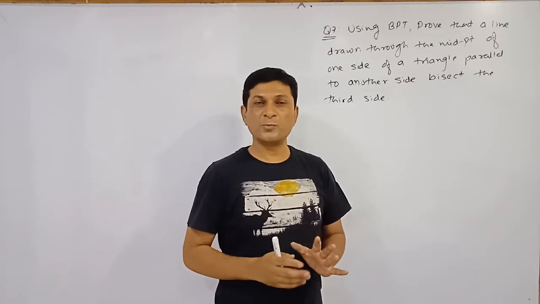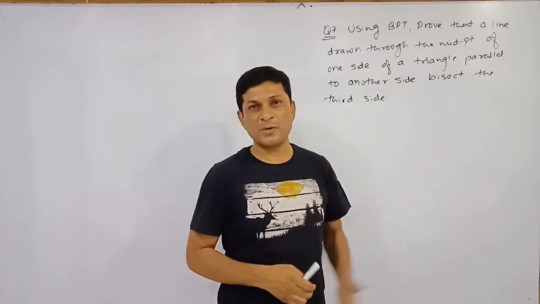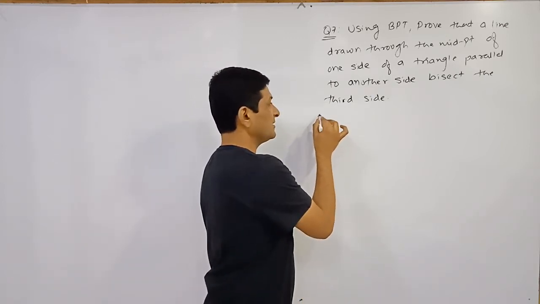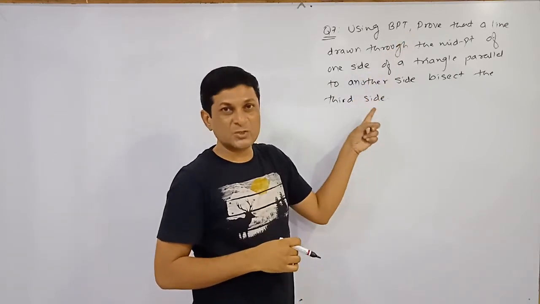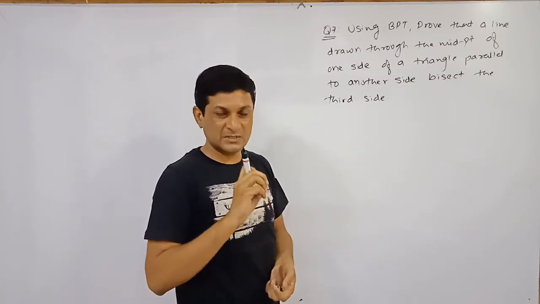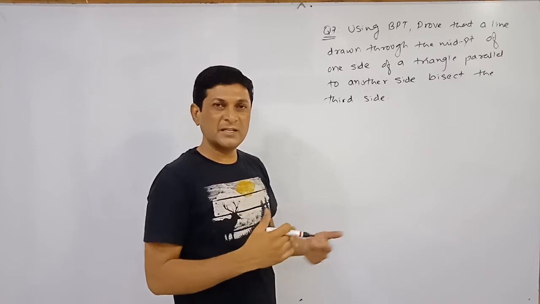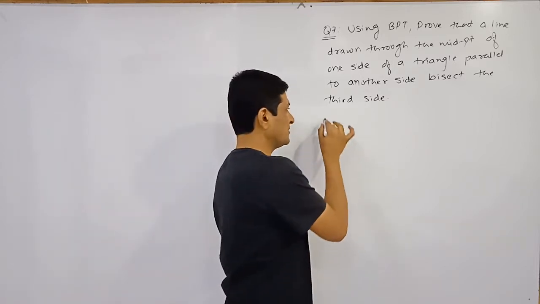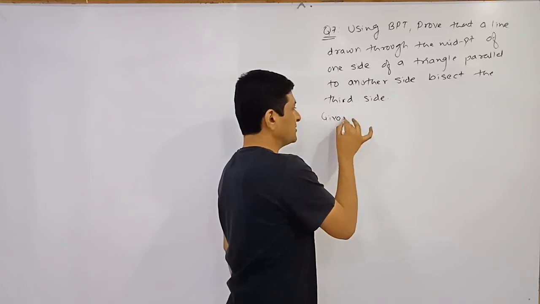But now we are going to prove this theorem using what? Basic proportionality theorem. So let us try to prove this theorem. When the figure is not given, and the triangle is denoted by ABC or PQR, in such cases we have to write down given, to prove, and proof also. So first write down the given condition.